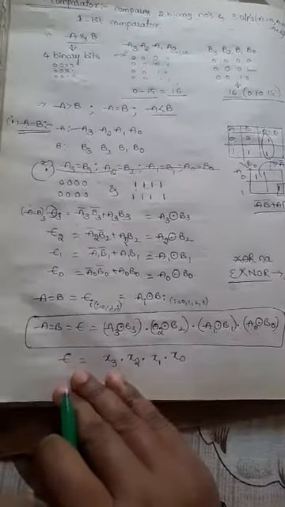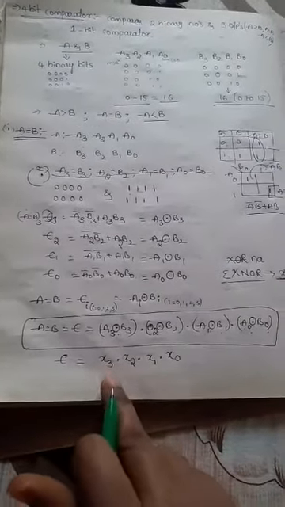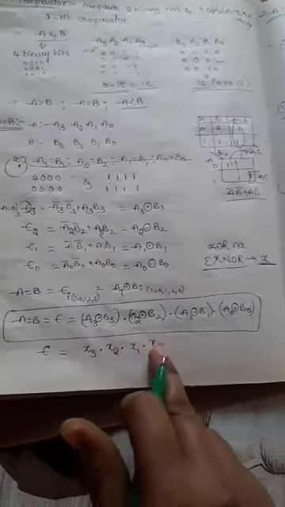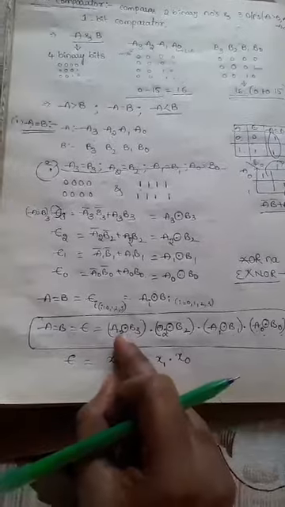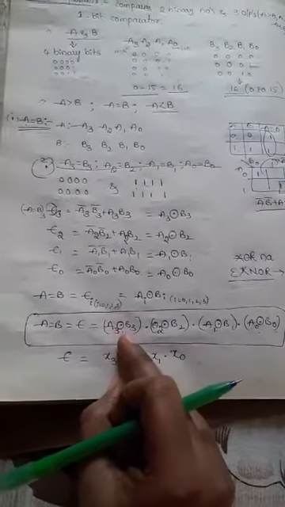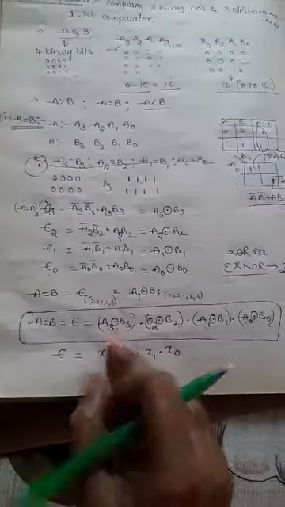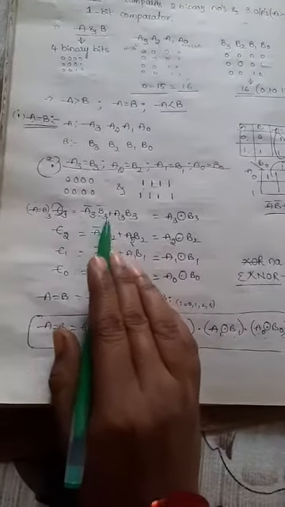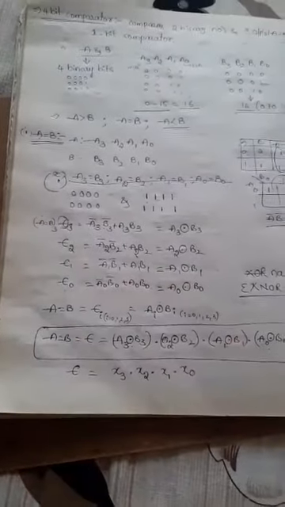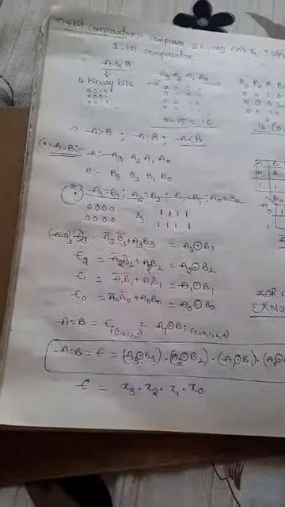Okay? So here first of all I can draw the XNOR gates. So that is X3, X2, X1, X0. First we need to design these gates. X3 is nothing but A3 XNOR B3. What is the meaning of A3 XNOR B3? That is A3 complement B3 complement plus A3 B3, right? So here directly we cannot mention A3 XNOR B3, so we can go with this expression. First we need to design all the XNOR gates.